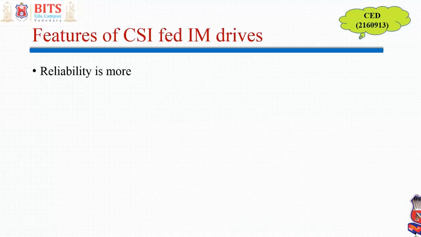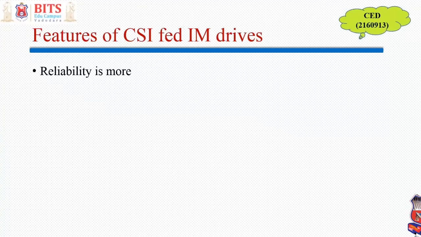First is reliability is more. Now, what do you mean by reliability? Reliability means whenever in need, it is not going to fail. The problem with the inverter is that you have two devices in one leg. एक vertical leg में जो दो device होती है, दोनों एक साथ अगर on हो गई तो आपका source short हो जाएगा, जिसको हम लोग बोलते हैं commutation failure. तो उस case में dangerous high current will be flowing and both the devices will get burned out, damage हो जाएगी, right? Thermal damage हो जाएगी.